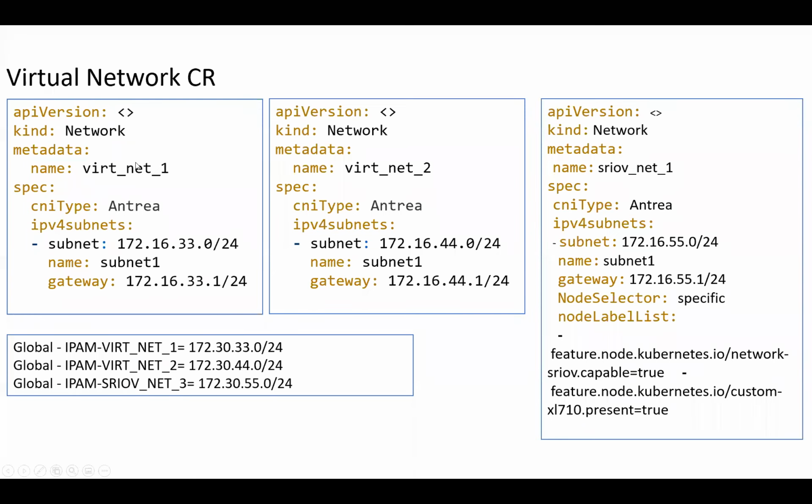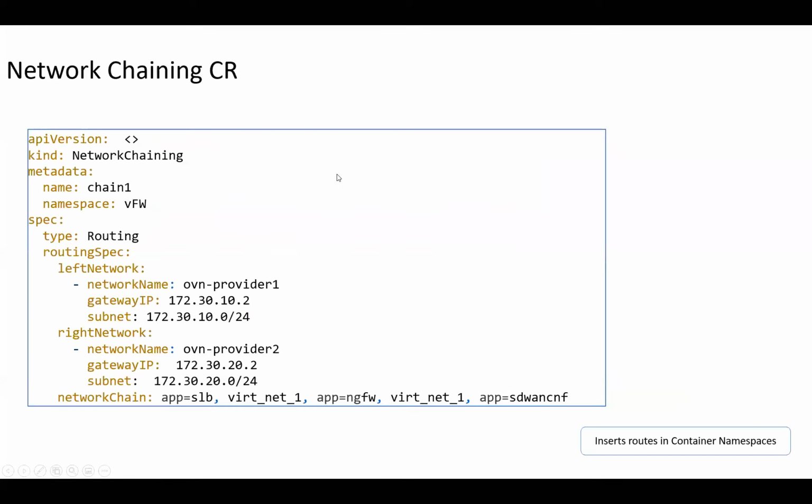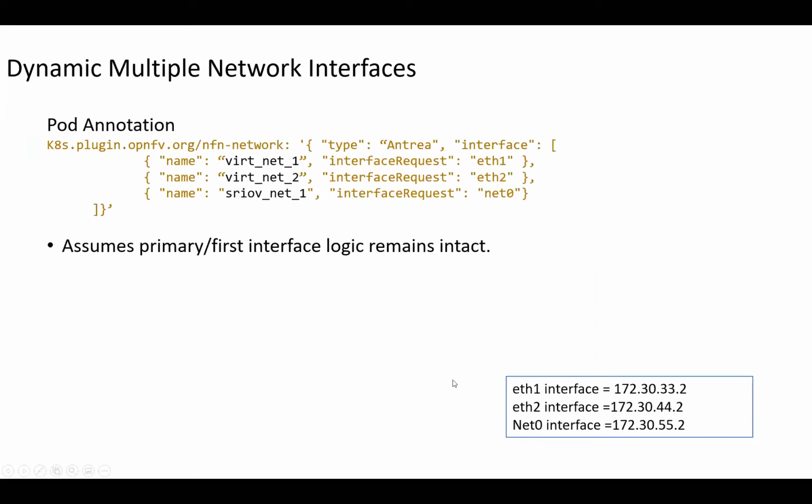Right. Yeah. Next one, pod annotations. As we see, we send the pod annotation to say there is a virtual network 1, so we say ETH1, and ETH2 interface for virtual network 2, right? So if you take NF NG as a next gen firewall, the next gen firewall needs to be part of your virtual network 1, and he needs to be part of your virtual network 2 as well. He is going to ingress the traffic here, egress the traffic here, right? So that definition is pushed to the pod as part of the pod annotation.